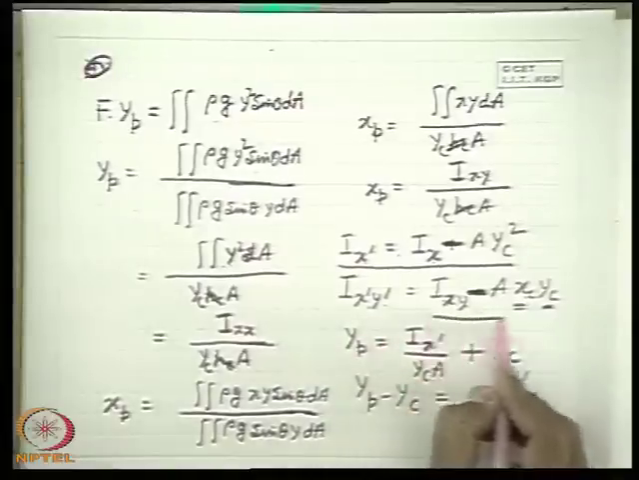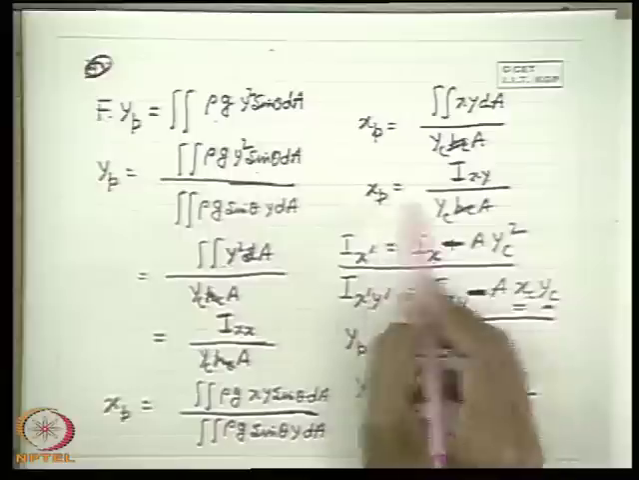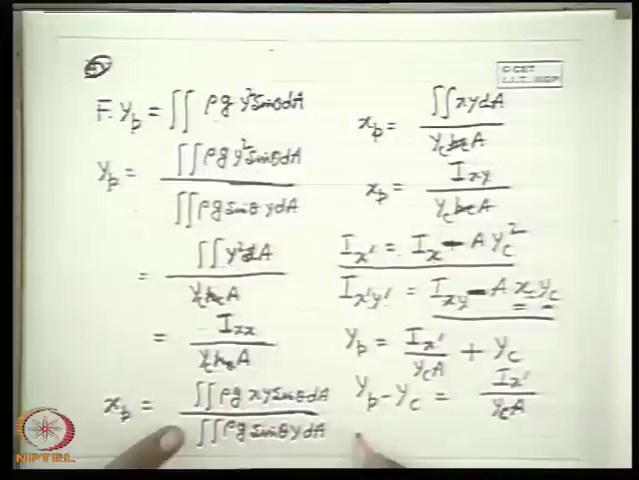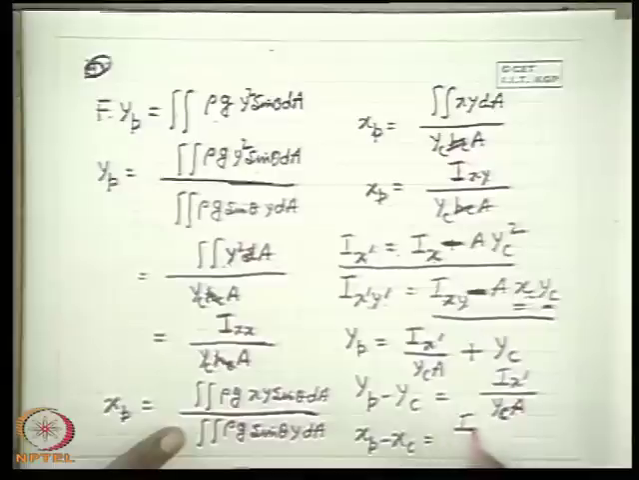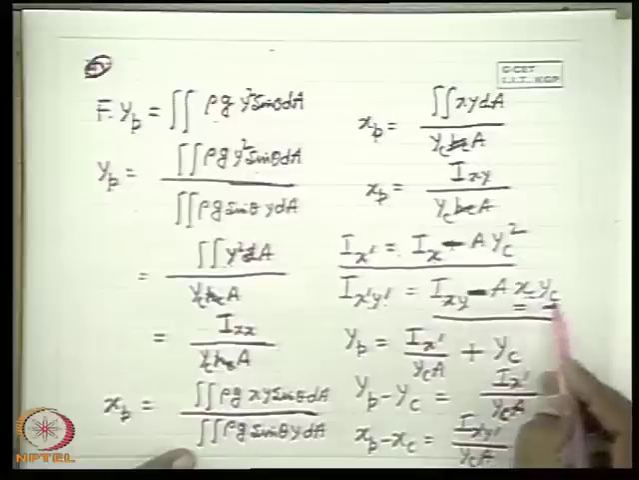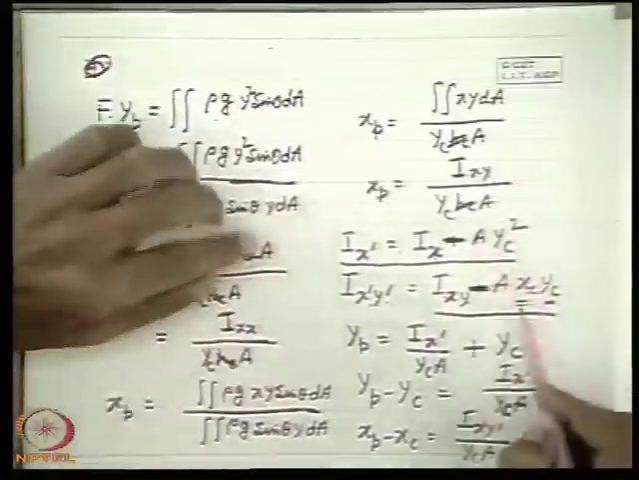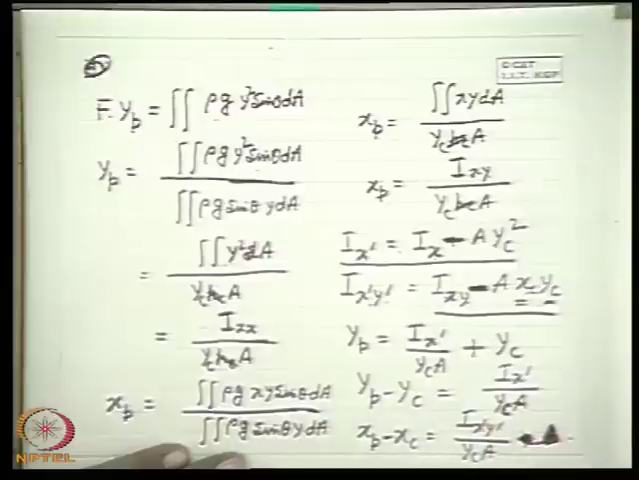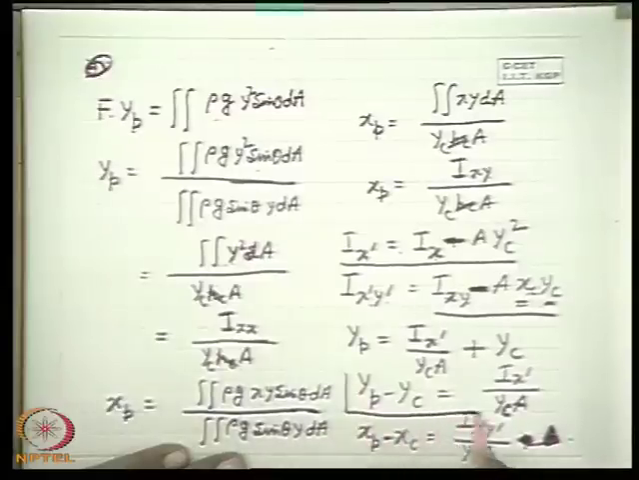Similarly, if I substitute this one here, what will I get? This is Ixy, Ix dash y dash. So we will get xp minus xc is Ix dash y dash divided by yc A plus Xc yc. That means if I substitute here, yc will cancel, and simply xc has come here. There nothing will be there. So I get this